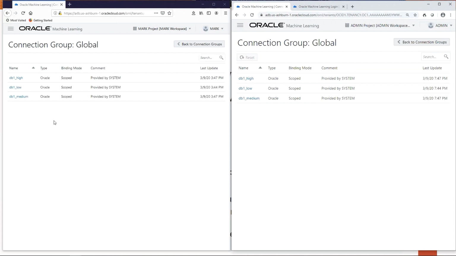Medium can have some degree of parallelism, but it gives you a little less concurrency in terms of number of concurrent users over low. And then high is the one where you're giving access to the largest number of resources for parallel computation, and